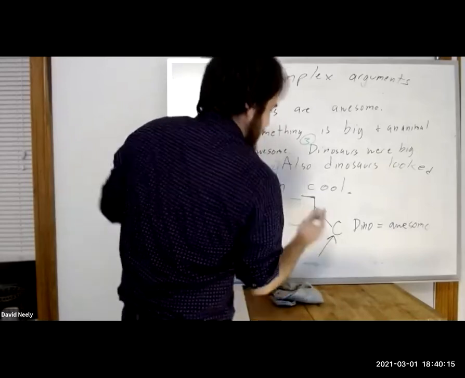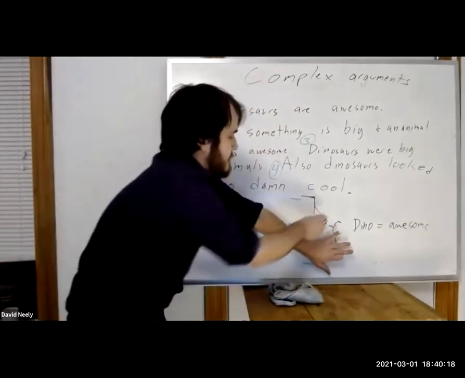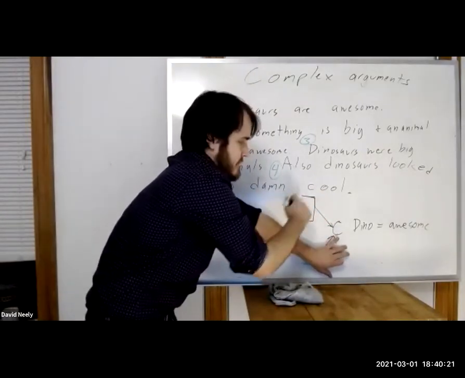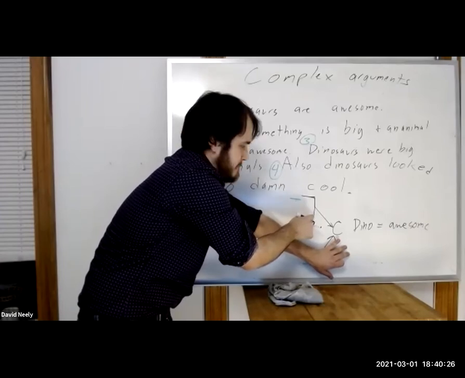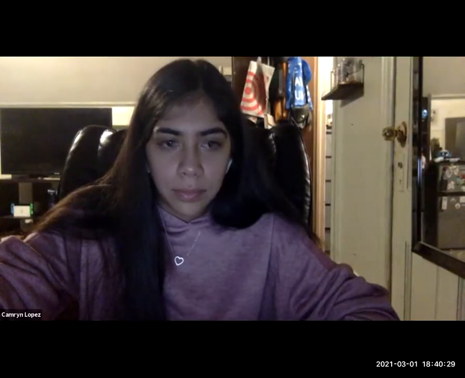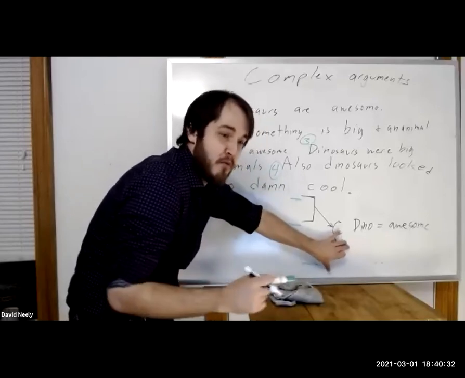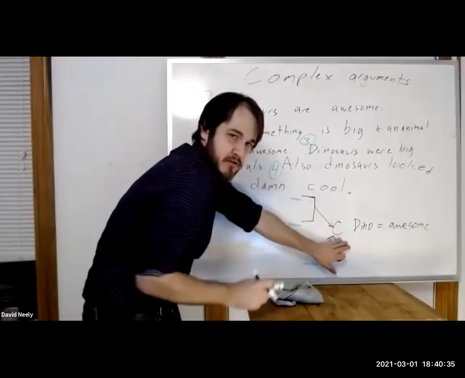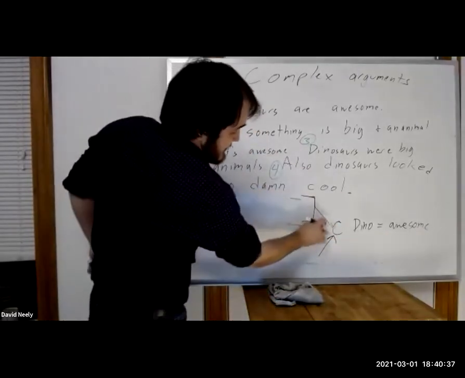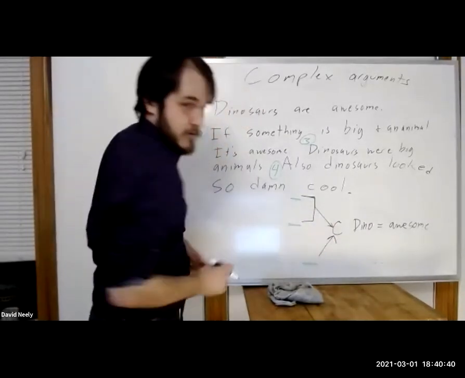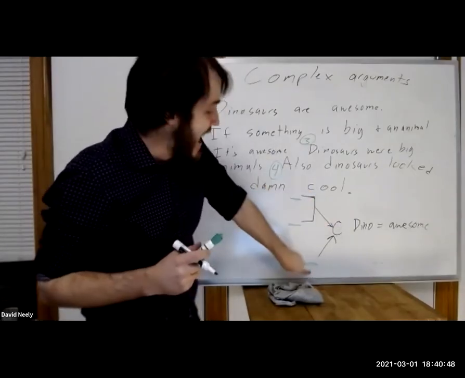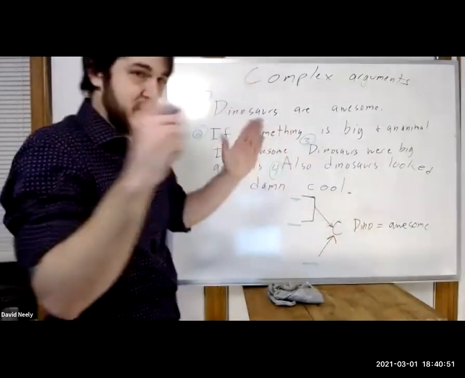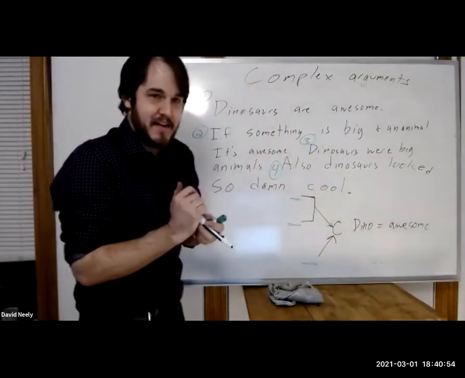So just to show my diagram, what does this mean? This here. Which of these? Is this linked, convergent, or serial? Linked. That's linked. So what does that mean? Well, it means we're looking for 2 premises that work together to provide a reason for the conclusion. Then, comparing these 2, what is the relationship between these 2? Convergent. So what we're going to have is a linked set of premises that is one reason, and a separate reason that converges with that and gives an additional reason to think that dinosaurs are awesome.